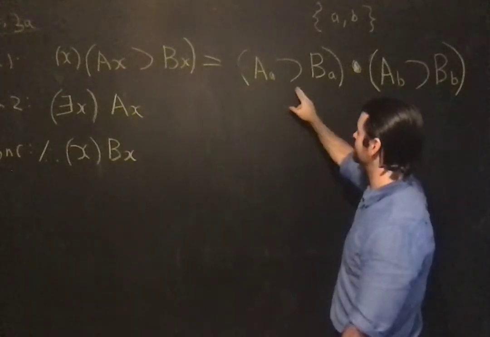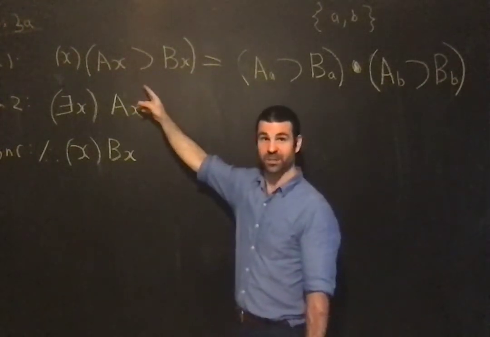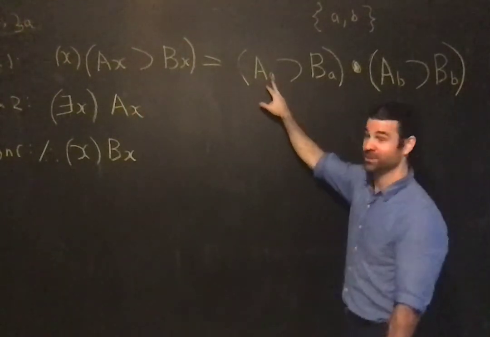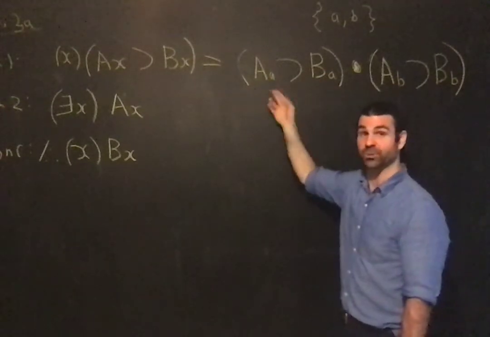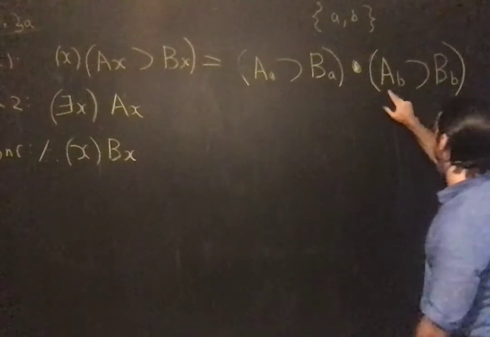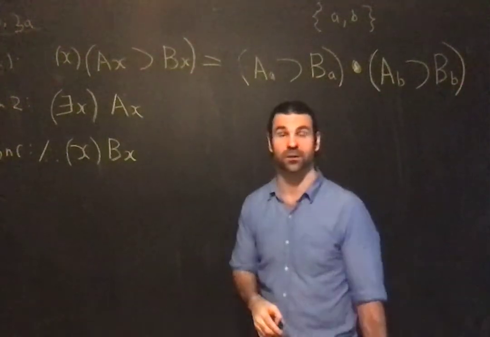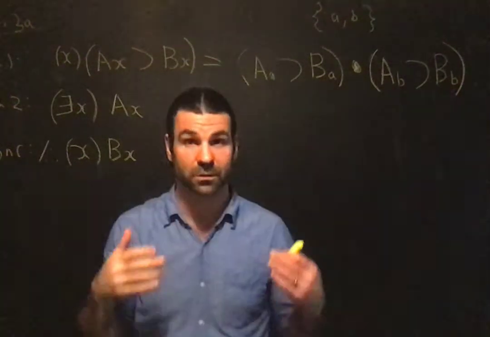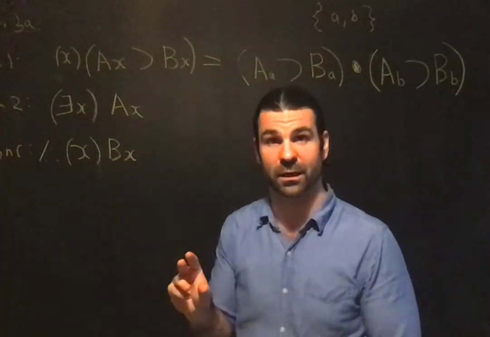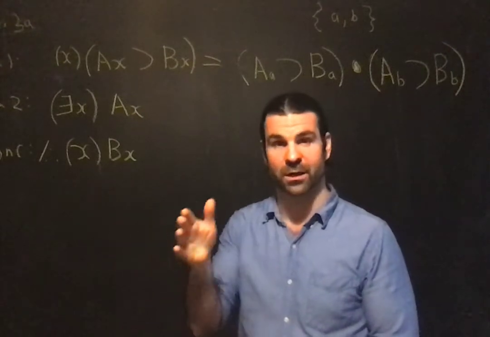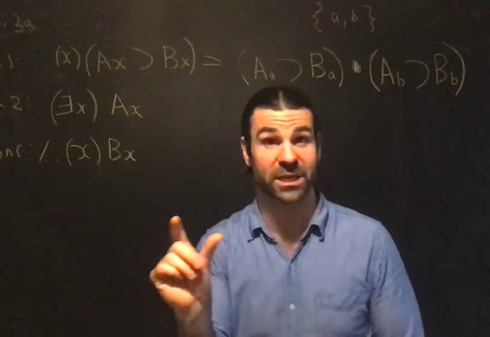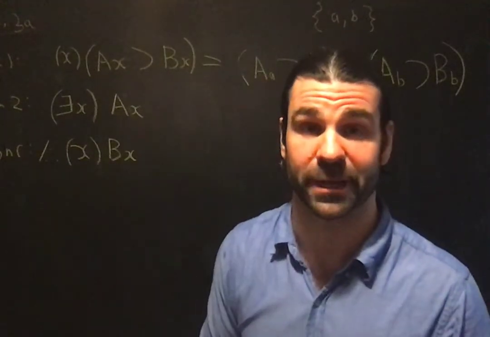So what does this say? The premise says, all Australians are beautiful. So if Andrew is Australian, what does this translate to? If Andrew is Australian, then Andrew is beautiful, and if Betty is Australian, then Betty is beautiful, right? So you should convince yourself that this is the correct semantics for universal quantifiers, right? The universal quantifier translates to a conjunction saying that the propositional function is true of every individual in the domain,